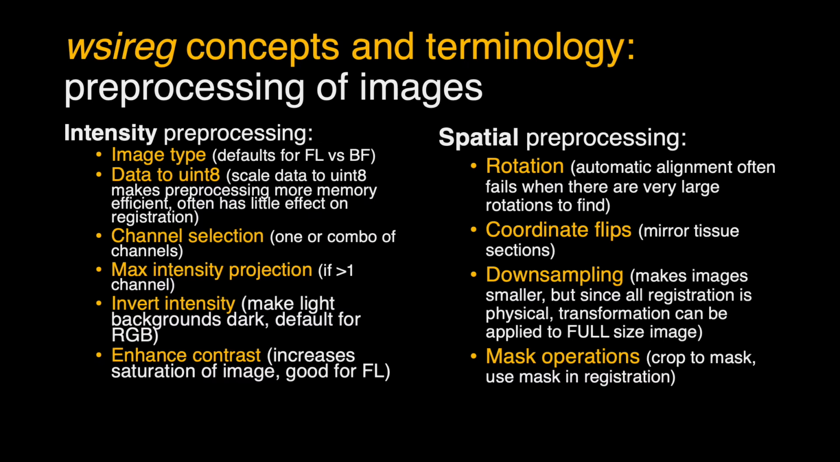There's also coordinate flips. This can happen if you cut two serial sections of tissue and one is actually the mirror section of the other. It's going to need to undergo a horizontal or vertical coordinate flip. And there's also